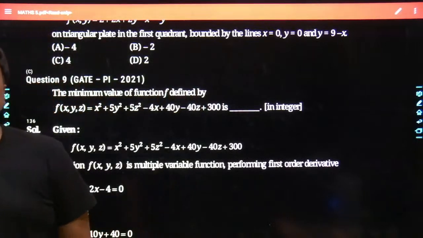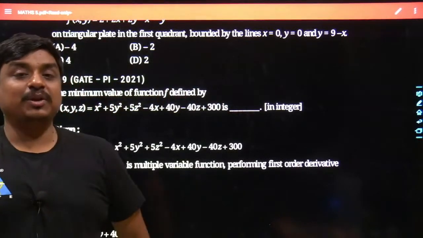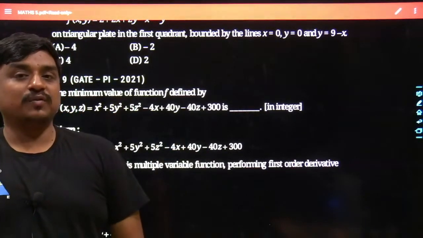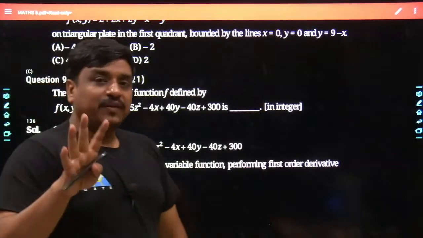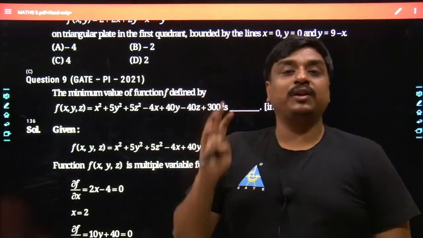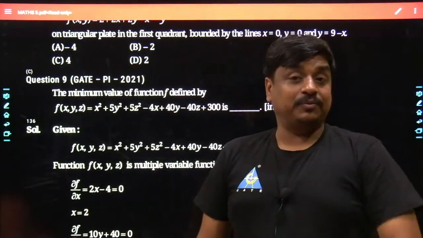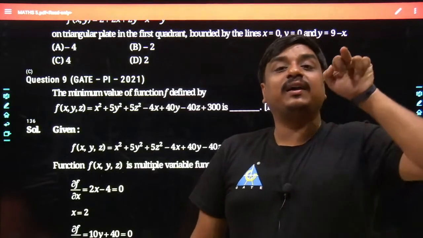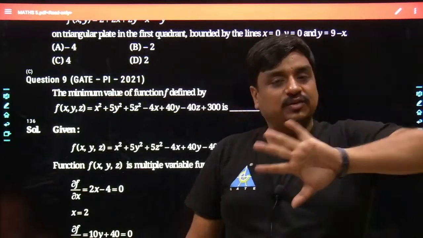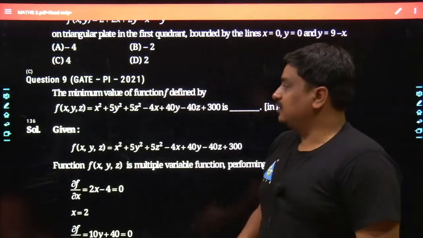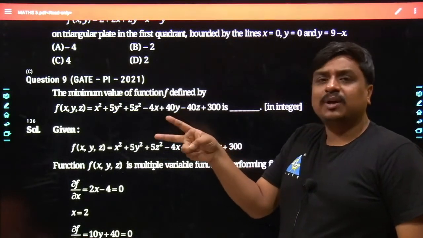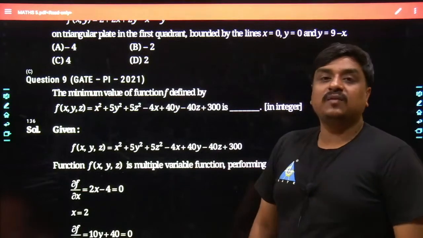My dear friends, so far we were studying the concept of maxima and minima where only one independent variable was getting involved, or, worst of the worst situation, 2 independent variables are getting involved. My dear friends, in practical, you can have a function where you have n independent variables, and even you can apply the concept of maxima and minima for that f of x comma y comma z comma w comma a comma b comma, yes, you can. But as far as GATE is concerned, they used to stick only and only to the 2 types of function, 1 variable and 2 variable. But here it has been a 3 variable function.